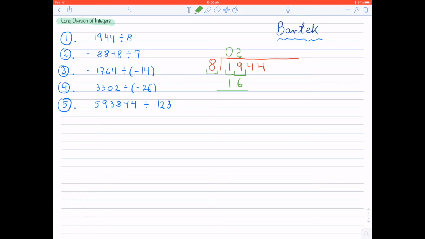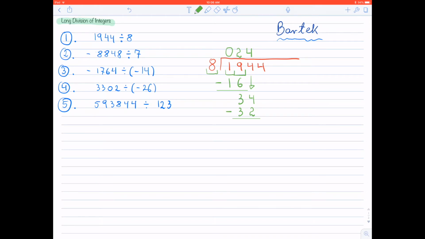So when we now subtract, the reason why we subtract is because we want to know the remainder from the 19 that we haven't used yet. If we do the subtraction, we'll get 3. Now we have to bring down our next digit of 4, and we play the same game. We ask how many times will 8 go into 34. The maximum amount of times is 4. And 4 times 8 is 32, which we will write